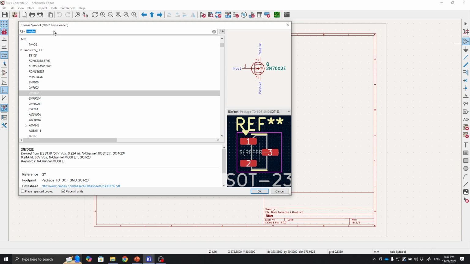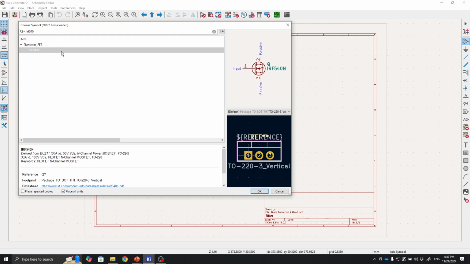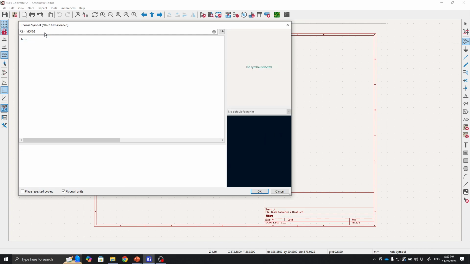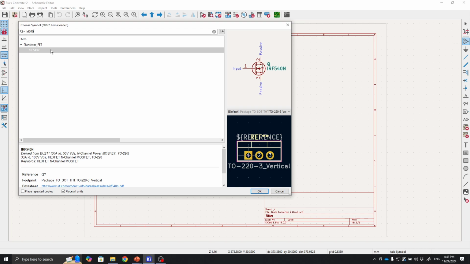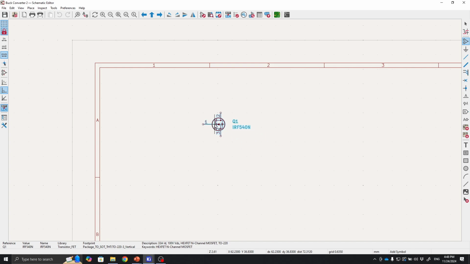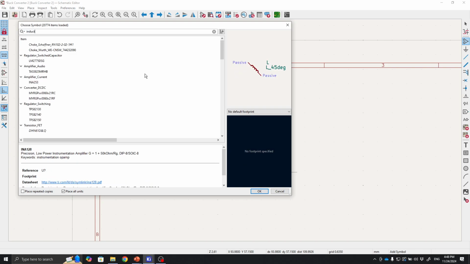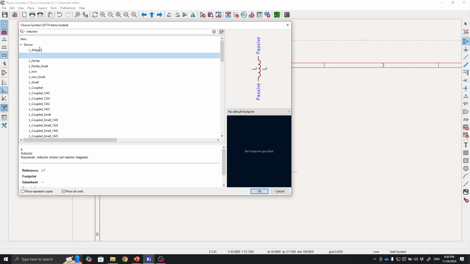But in here, usually I will use this one for only the symbol, because the majority of the MOSFETs will be the same type. So we will use IRF540N. This will be our MOSFET, our switch, and then we need another component. We need an inductor. So the inductor will be